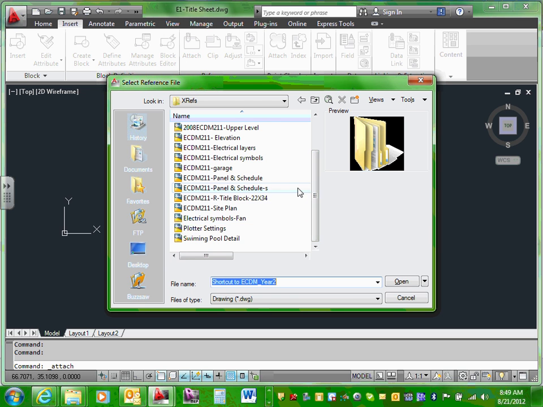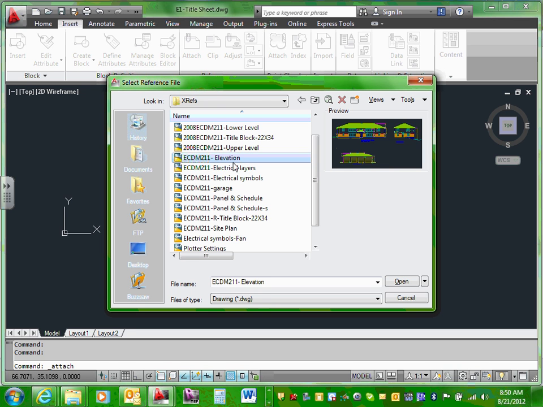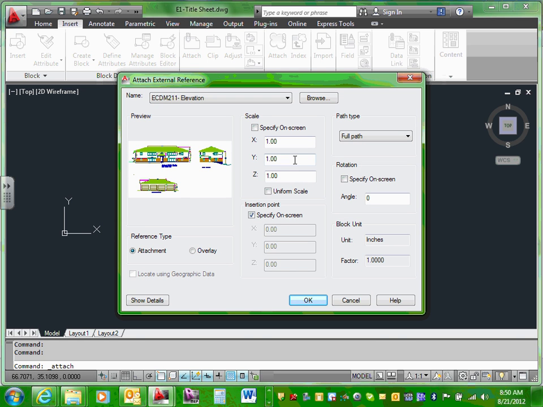I'm going to go get the, since this is a title block, the only thing in elevation. I really don't care about anything other than elevation. I want to go grab this elevation. Everybody pick the elevation, hit OK or open. I usually take the default, XYZ default here, specify insert point. If you unclick this one, instead of insert point, just put it at specify on the screen, or I'll take 0,0,0 as my default